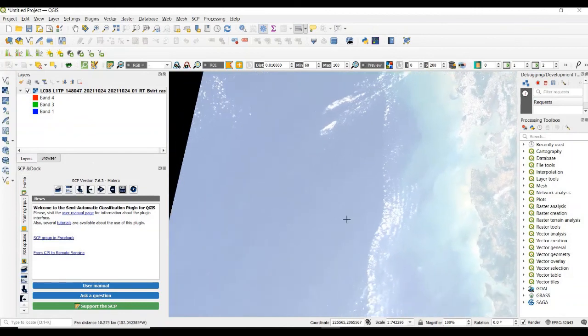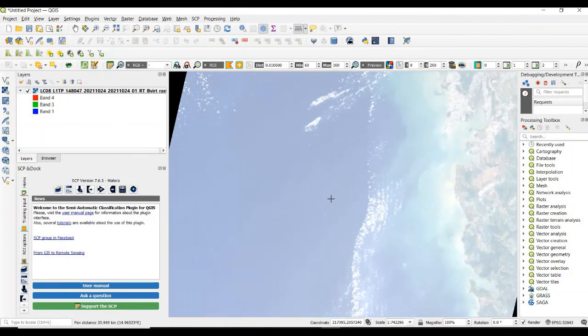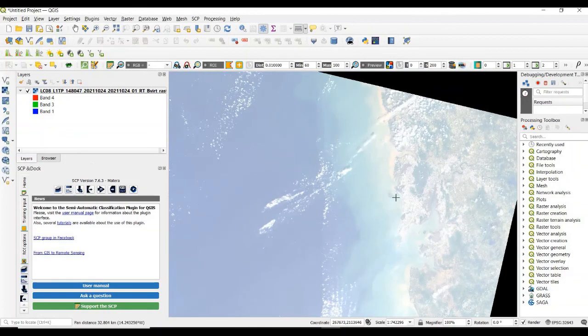Water portion shows a different color as compared to the previous image. So these are the true color and natural color composites of Landsat imagery. We can use some other satellite data also. So we use bands for that satellite data accordingly. Thank you.